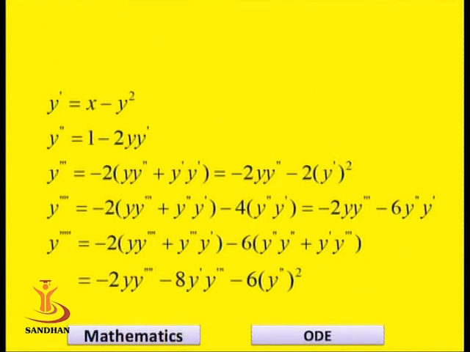So the first and foremost activity we need to perform is to find out the values of the first order, second order, third order, and so on, the values of the derivatives. Since dy by dx is given to us, that is the first order derivative, which is x minus y square. On differentiating dy by dx with respect to x, we get the second order derivative, that is